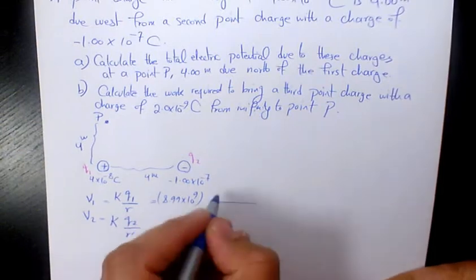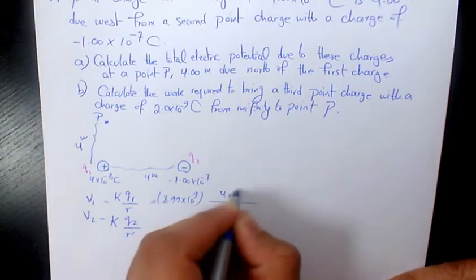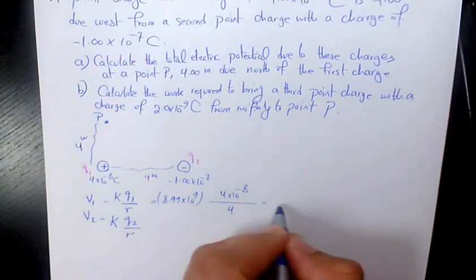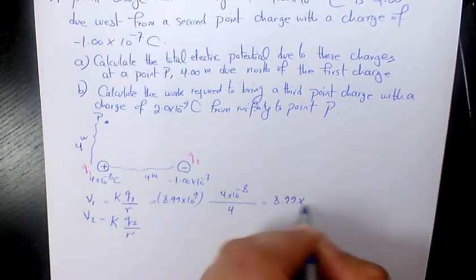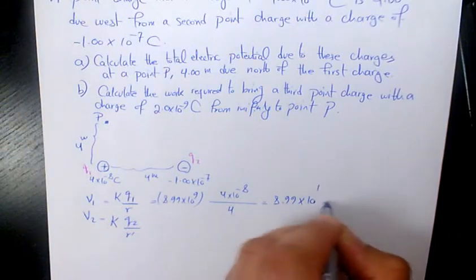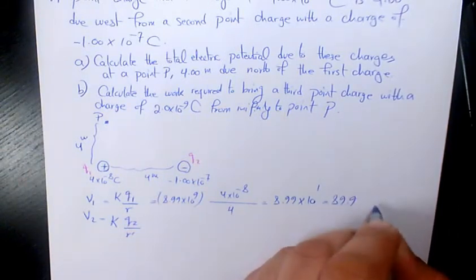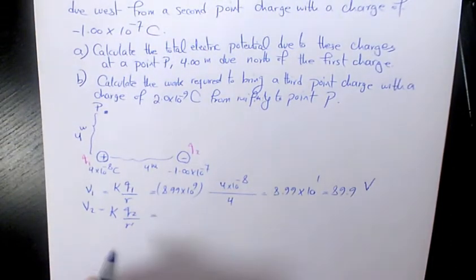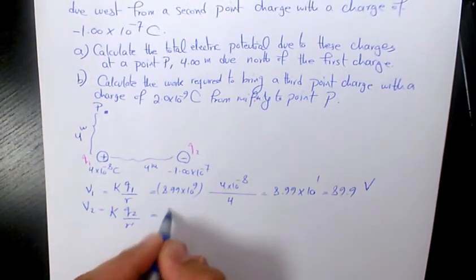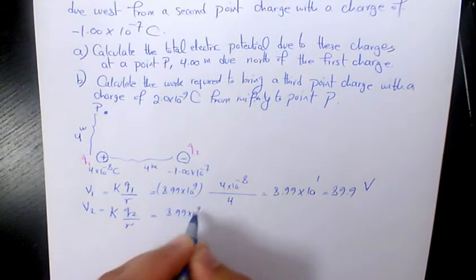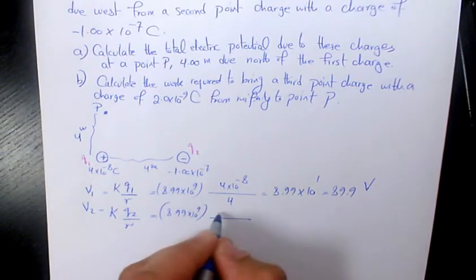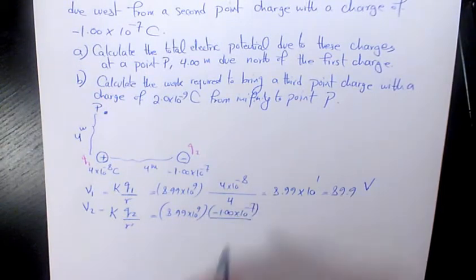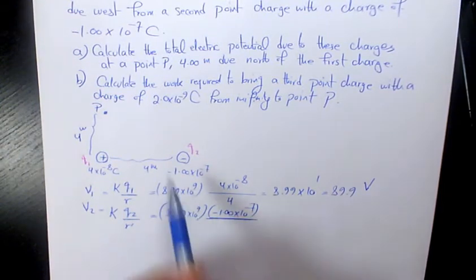So that's 4 times 10 to the power of negative 8 divided by 4. That's going to give us 8.99 times 10 to the power of 1, or 89.9 volts. On the other hand, we have this one, which is 8.99 times 10 to the power of 9 times Q2, which is negative 1 times 10 to the power of negative 7, divided by